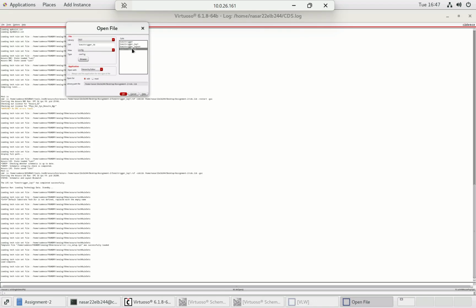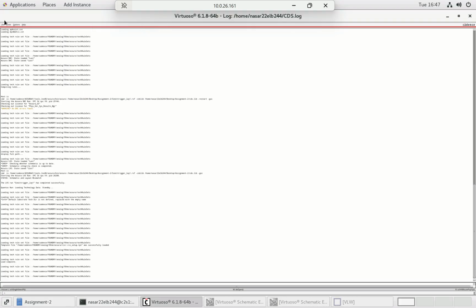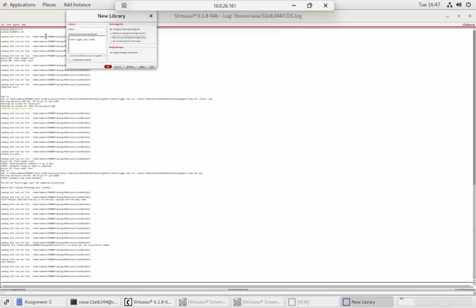So go to Schematic Trigger, and here you have to make the configuration file by the same procedure, by going to file, then you have to use some template there. For example, I'm going to show you the example. Cut this, go into file, new library, sorry,